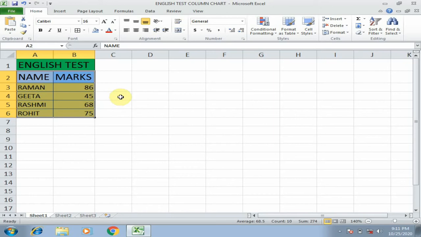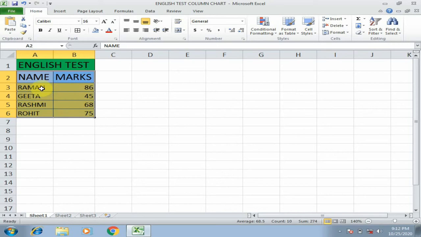I've given data here that is related to an English test. Names of students have been given: Raman, Geeta, Rashmi, Rohit, and their marks are in front of them.